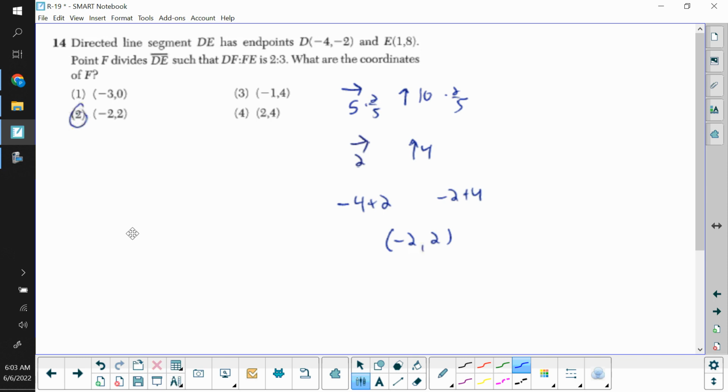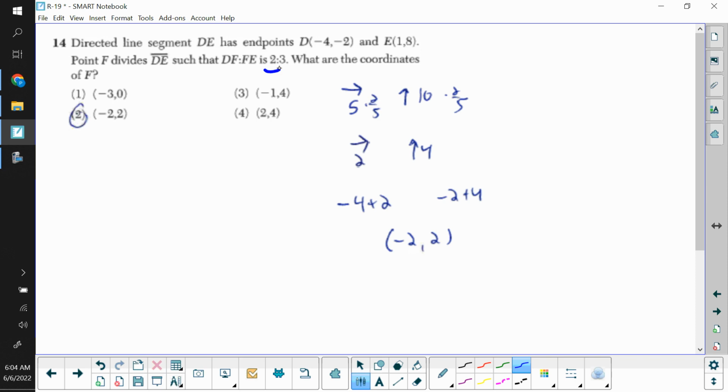Our directed line segment. When you go from -4 to 1 for x values, that's 5 to the right. When you go from -2 to 8 for the y values, that's up 10. We had 2 parts out of 5 total parts, so we're multiplying by 2/5 for each of these. After you multiply by 2/5, remember that's not a point. That's just the movements you're going to do. So from the -4, we're going to move 2 right, so we'd be adding 2 to give us -2. From the -2, we'd be going up 4, so we add 4 to give us +2,